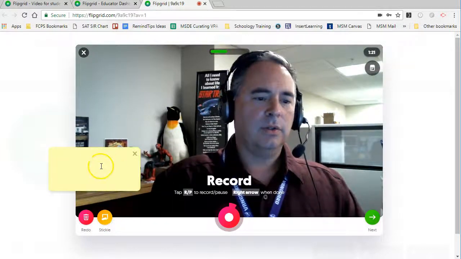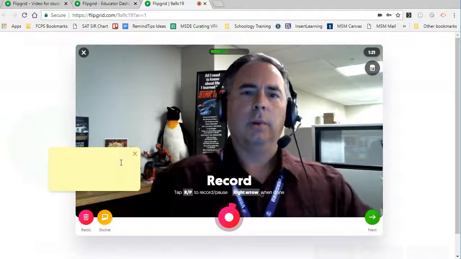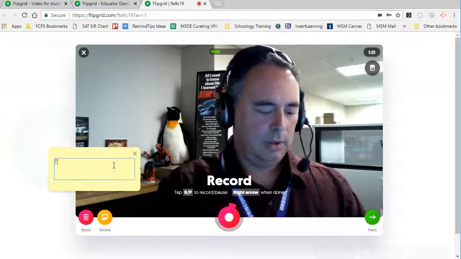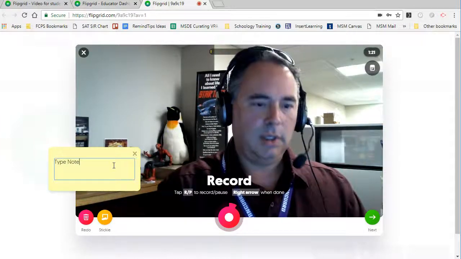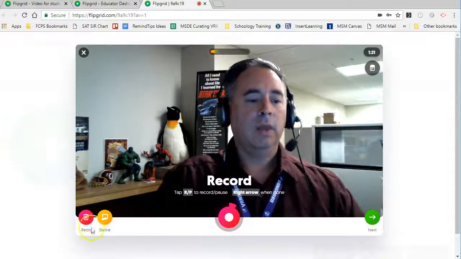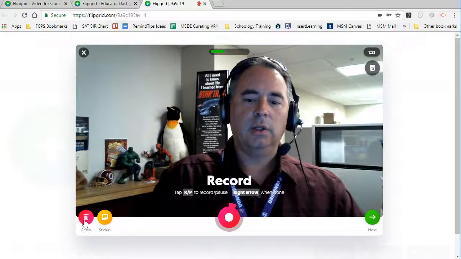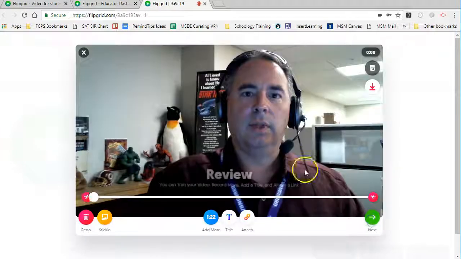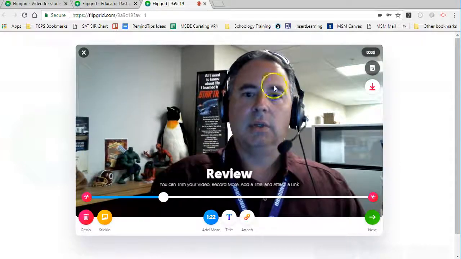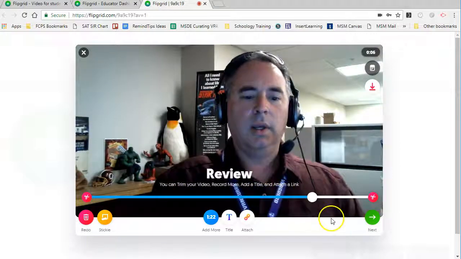Also, I forgot to mention there's a sticky note that's only available when you're using the web browser, where you can type your notes in case the student wants to refer to them. They can do that. If at this point they don't like the recording, they feel they messed up, they can tap redo, and if they're happy with it, they just click next. At this point, it's going to give you a playback,